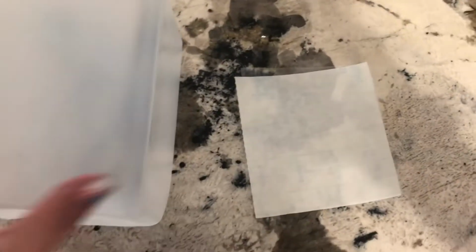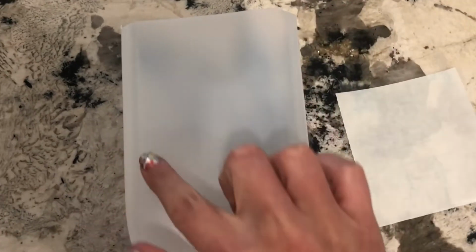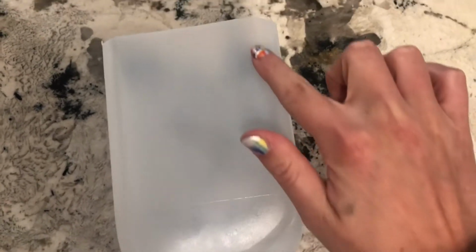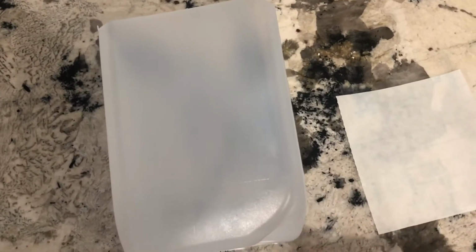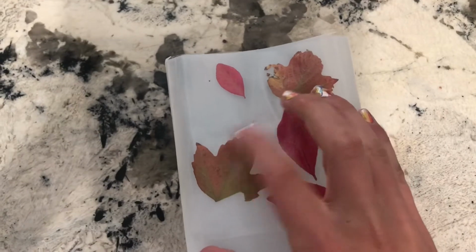Take your contact paper and you're going to cut it to the area of one face of your half-a-gallon jug. The contact paper is where you're going to put your leaves on and how you're going to stick it onto your jug. Once you're done with the side, you're going to continue on with the same steps as before for